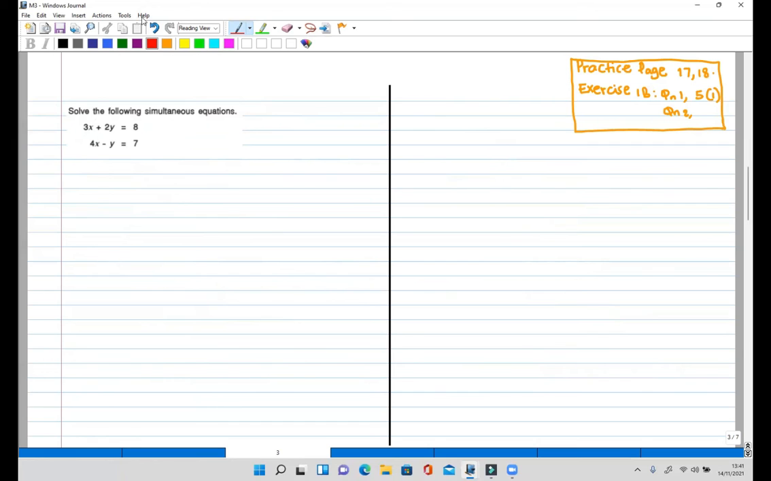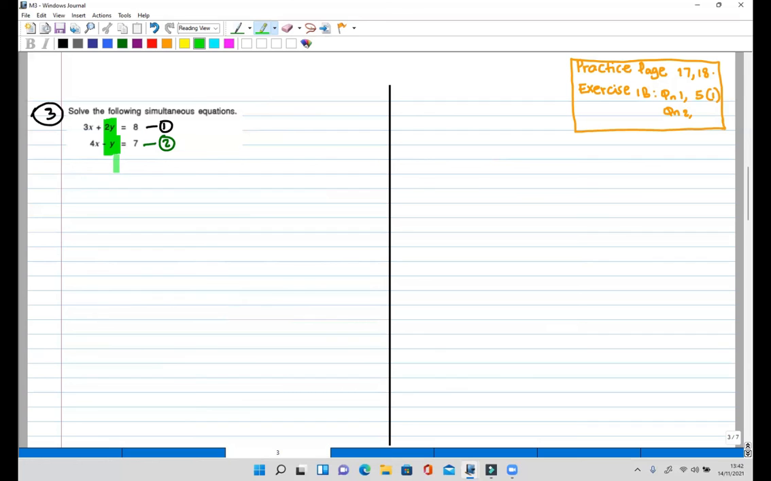So this time, let's call this example number 3. We are having 3x plus 2y is equal to 8, and 4x minus y is equal to 7. Now, let's call this one equation 1, and this one, we call it equation number 2. You can eliminate x or you can eliminate y, but it's better to get the one that is easier to eliminate. Now, for this one, let us eliminate y,